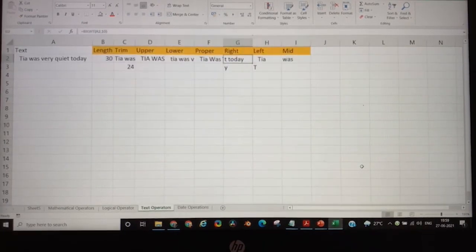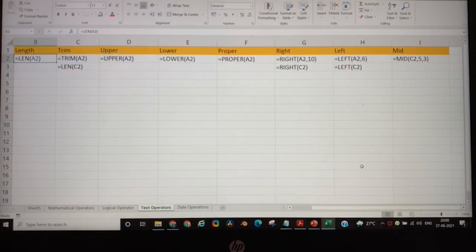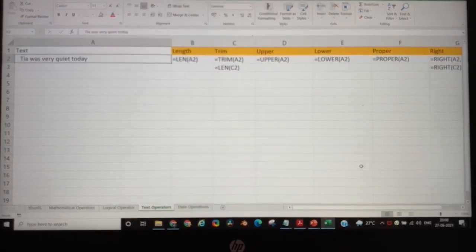Then we have text operators. Once again, let me display the formulas. The shortcut that I'm using for displaying the formulas is Control tilde. The button on the left side of your 1 on your keyboard is called tilde. So that's the button that I'm using, and the shortcut is Control plus tilde. I have just put it on the chat so you can also see. Yeah, okay Kaushal, I understood your requirement. In the next session we will cover COUNTIF and everything. I'll put on my story when the next session will happen.